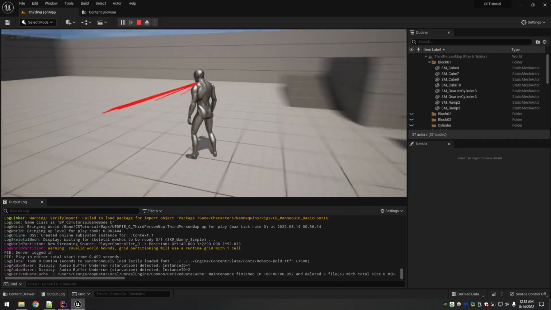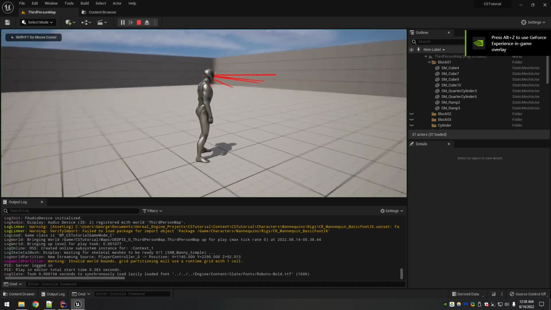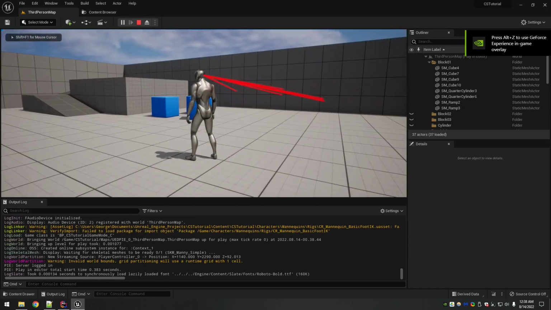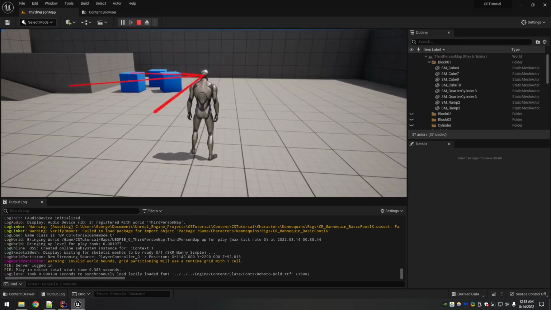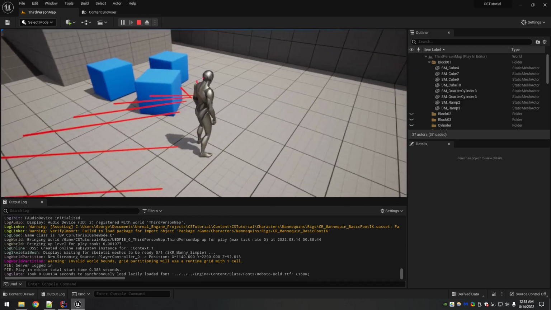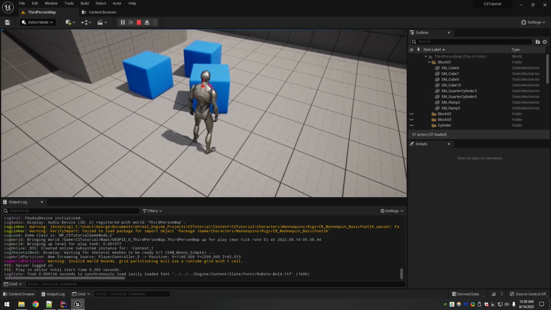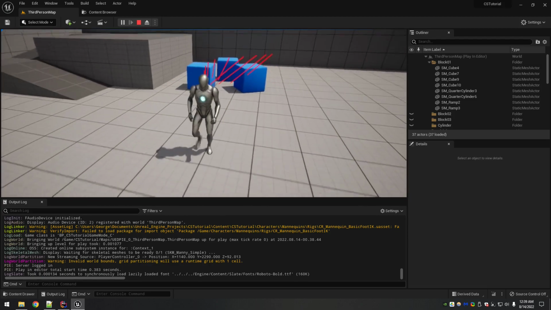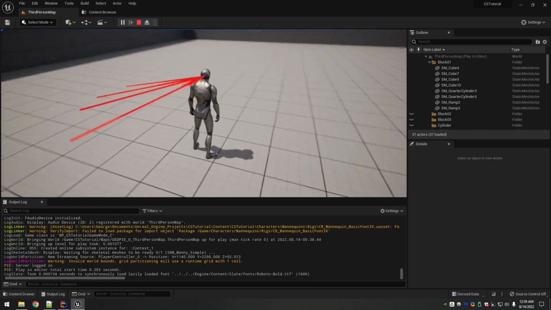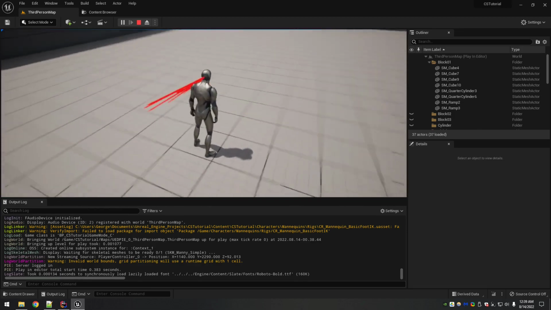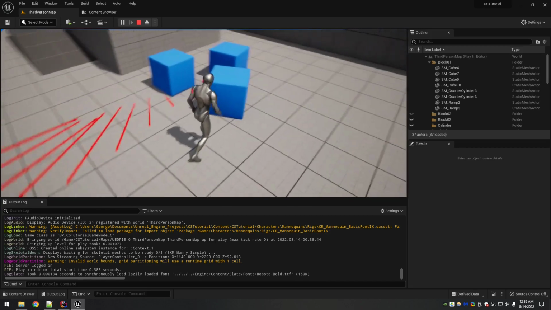All right, so let me recompile and see what that looks like. Okay, like I said, it doesn't really matter that much. This looks a little bit better now. The reason why I did all this is because I wanted it to be based off stuff my character can see. So I just thought it needs to come out of his eyes, and I don't want it coming out of his neck. When I'm moving the camera around, I'm kind of moving my character's point of view around, and I don't know. It's fine. Either way, now you know how to tweak it if you want to.